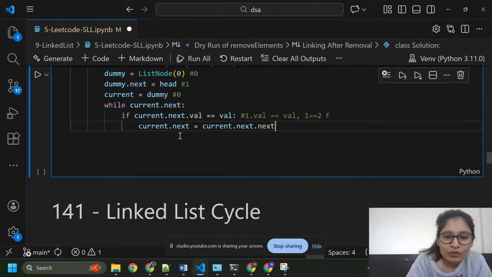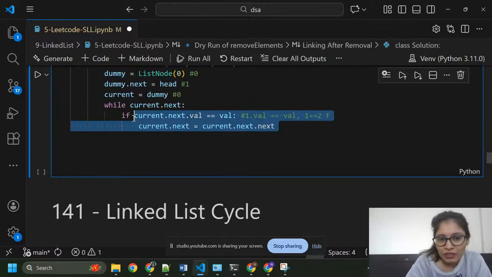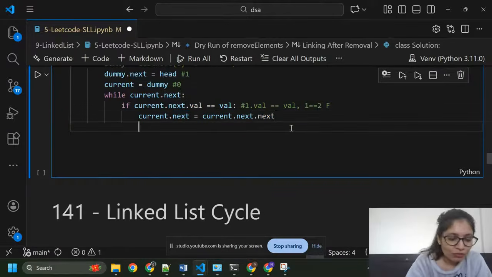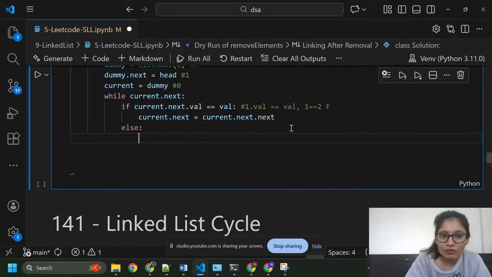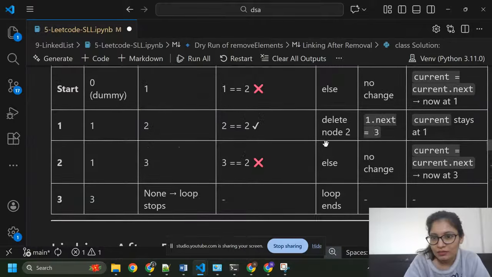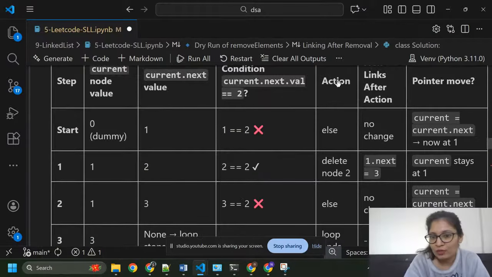We need to skip this condition because both are not equal here. 1 is not equal to 2. So now we move on to the else condition. Because both are not equal, we move to the else condition, we don't need to change. So I'm going to move the pointer. So current equals current dot next, now at 1.